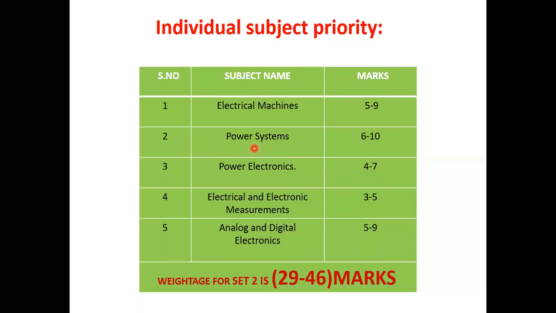If you want to prepare only for the GATE examination, you may give a lot of importance to your set 1. But if you want to prepare for the GATE and a statewide examination at the same time, you need to give equal importance to all the 11 subjects. My suggestion is don't skip any subject, but we need to prepare based upon the subject priority. Priority is very, very important.